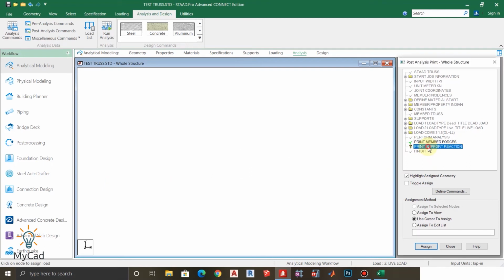So I'll click on this, and this time I'll select use cursor to assign and click on assign, and after the assign word turns to assigning, you just go to the supports and click on that, and after clicking this will turn red, and I'll also select this, and you can see these two supports or these two nodes become red. That means my command is assigned to these two nodes or these two supports.